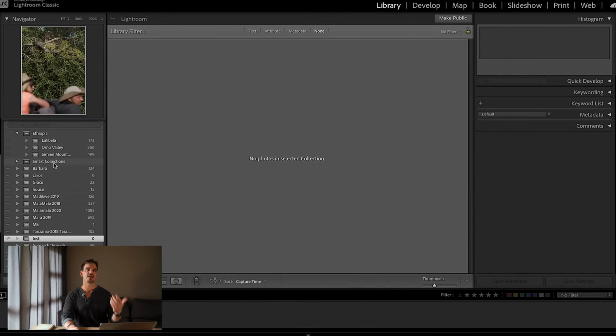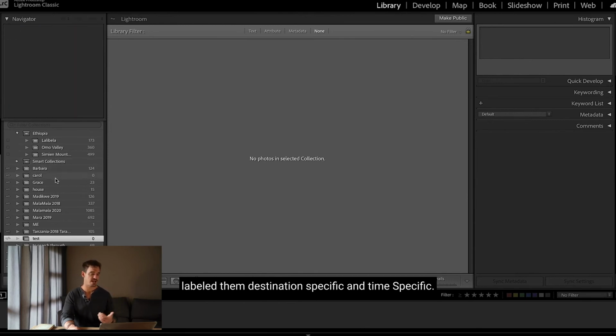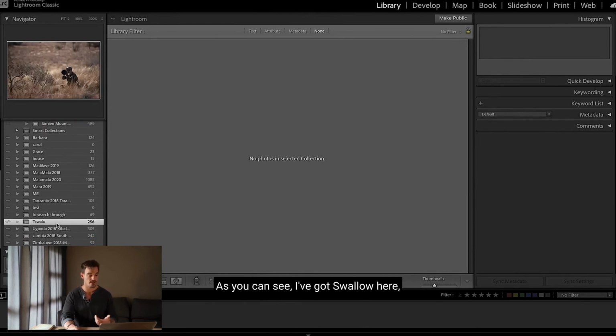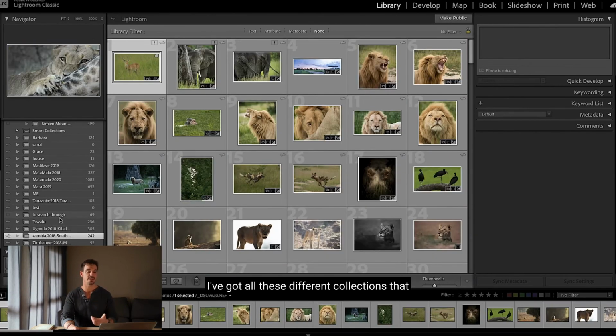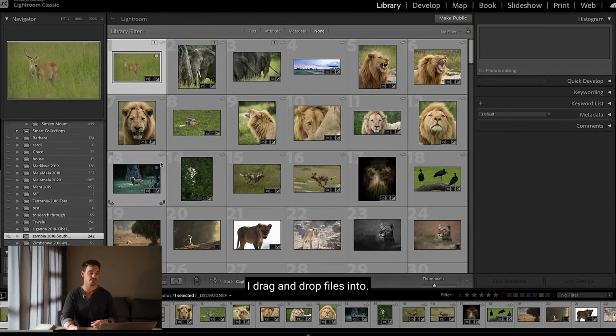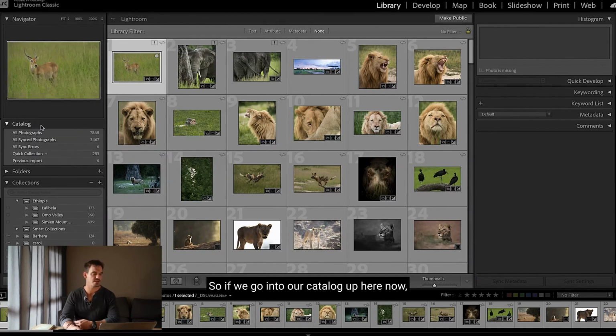Or like I've done is I've labeled them destination specific and time specific. As you can see, I've got Tswalu here. I've got Uganda 2018. I've got Zambia 2018. I've got all these different collections that I drag and drop files into. So if we go into our catalog up here, now the catalog is something you seldom change anything with. It simply shows all your photographs, or synced photographs that might be synced with another platform, or synced errors, quick collection, which is something that we're not going to get into just now because I don't think it's that necessary,